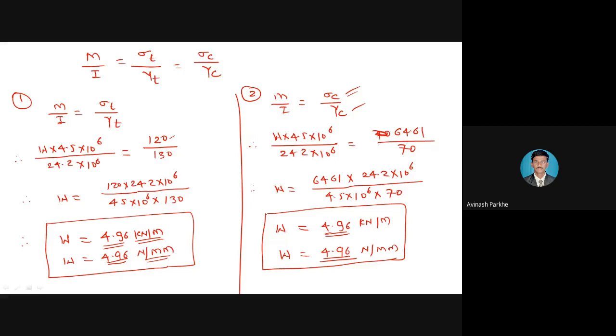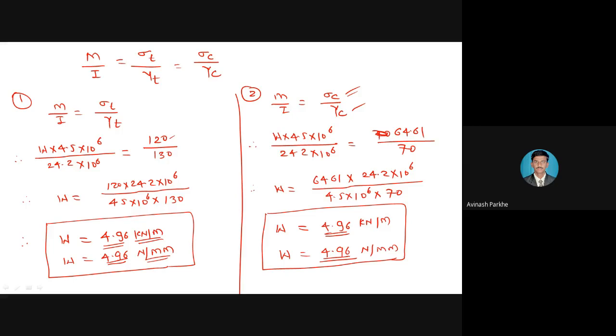बघा, ह्याच्या अगोदर पण आपण एक प्रॉब्लेम सॉल्व केला ज्याच्यामध्ये सिग्मा टी 30 न्यूटन पर एमएम स्क्वेअर आपल्याला दिला होता. म्हणजे जर W फाइंड आउट करायचा असेल तर 1 किंवा 2 स्ट्रेस तुम्हाला 100% त्या स्टेटमेंट मध्ये दिलेले असणार. So one problem we have solved where only 1 stress is given.